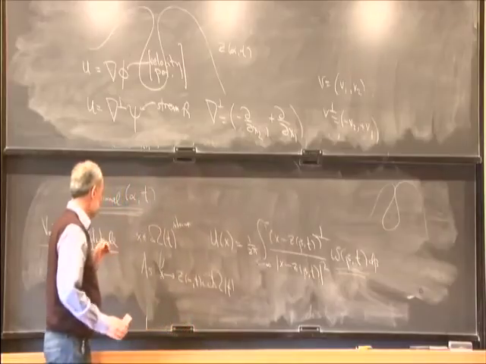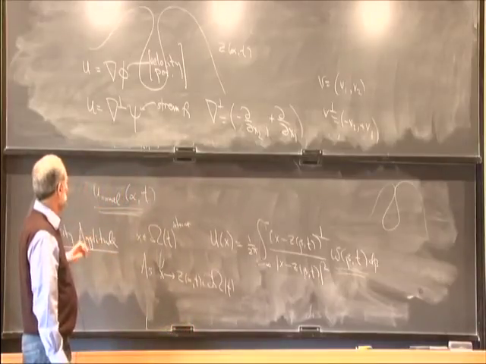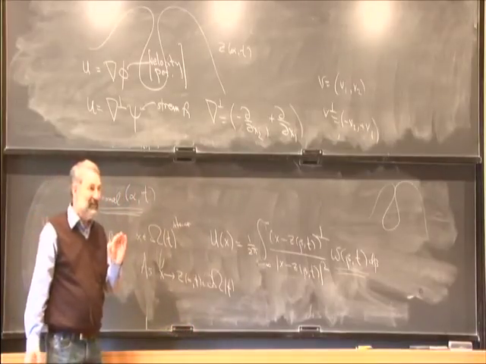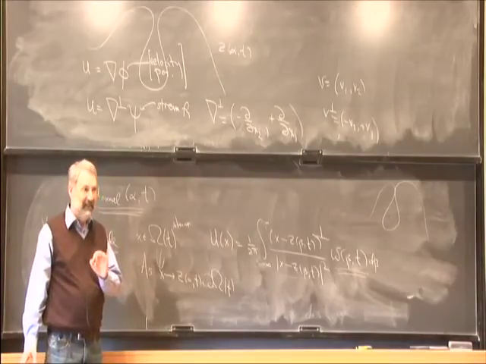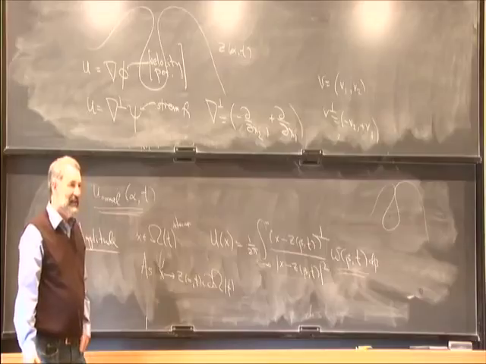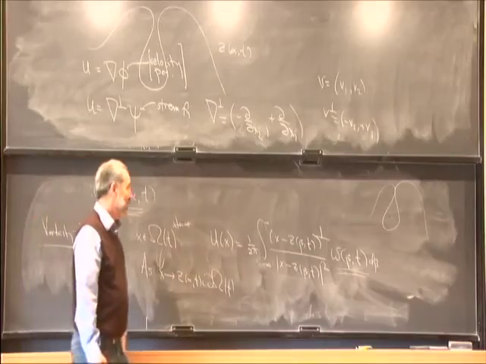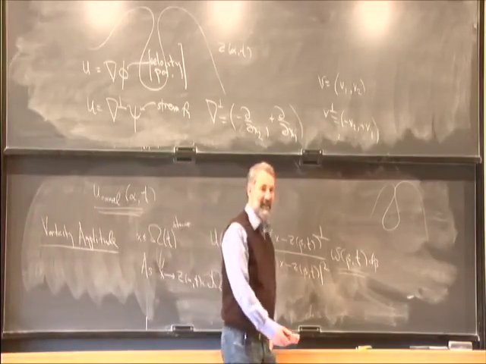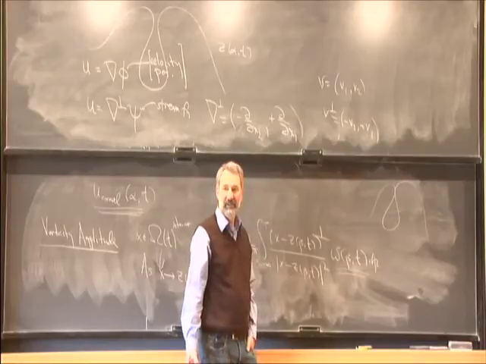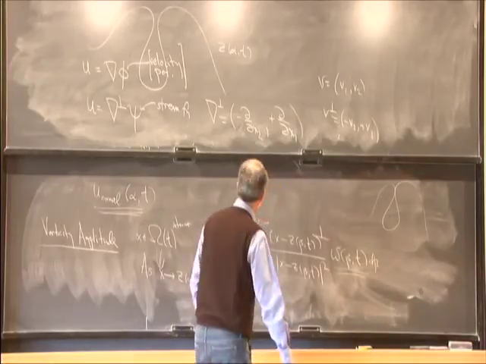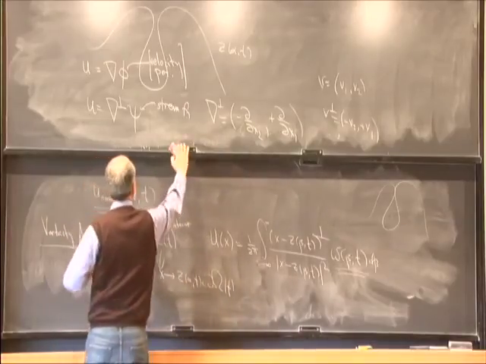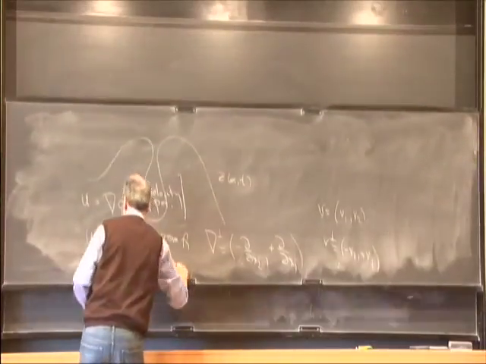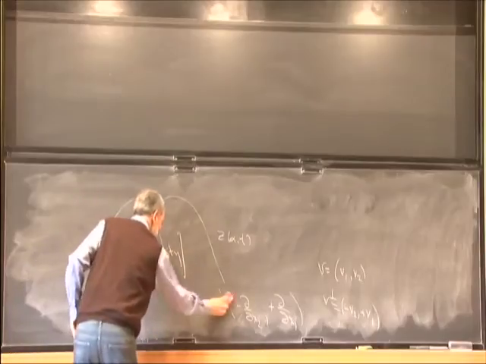What people usually do is to take as the unknowns z of alpha t and omega of alpha t, and try to solve the equation. There is no way that can work because omega is singular at the splash. Well, armed with those completely elementary remarks, now we're going to do